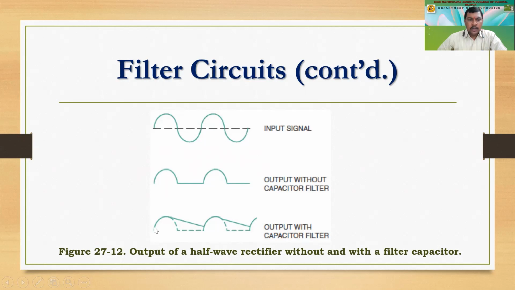And if you apply this to this capacitor filter circuit, then it will charge, and again it will discharge. During this discharging time, the voltage of the capacitor will decrease, but during this time we are not having the input voltage, so it will remain at some positive high voltage, and it will keep the load resistance at a positive high voltage. Then when the next positive half cycle appears, we'll have the charging of the capacitor, and the same goes on repeating. So we'll be having a nearly pure DC.